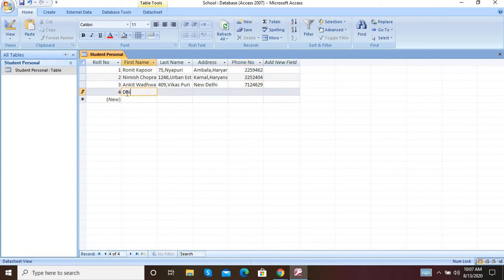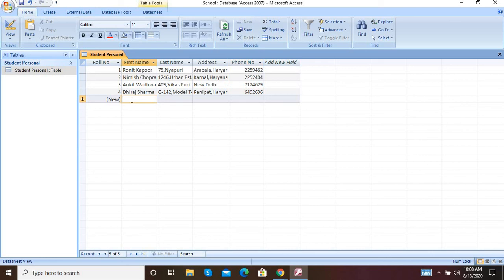Dheeraj Sharma, next is G-142, comma Model Town, next is Panipat, comma Haryana, 6492606.